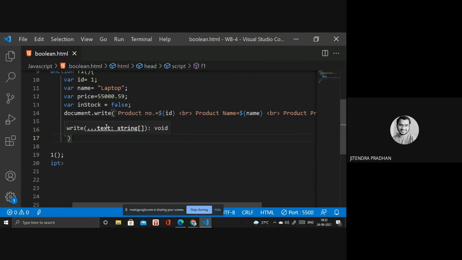Not below, you have to write in the first line as well, but for your understanding, since it's not visible to you, I will write in the next line. I need to write stock, a variable, and inside the variable I need to write a function. It is a ternary function.